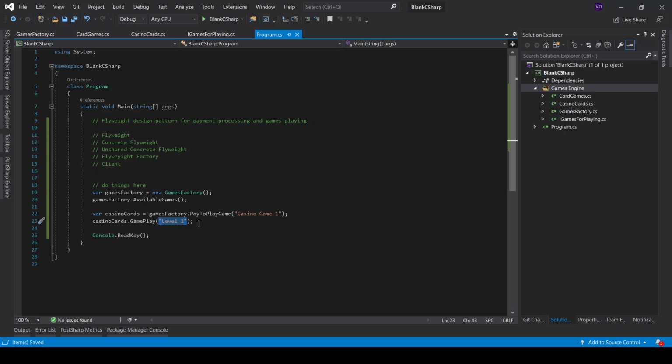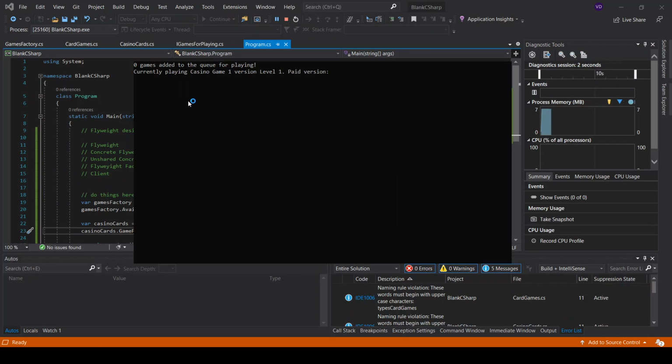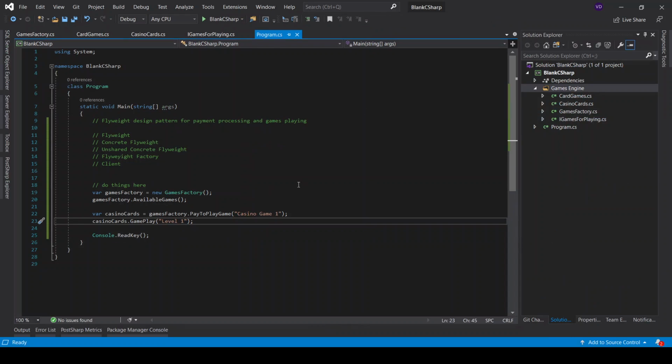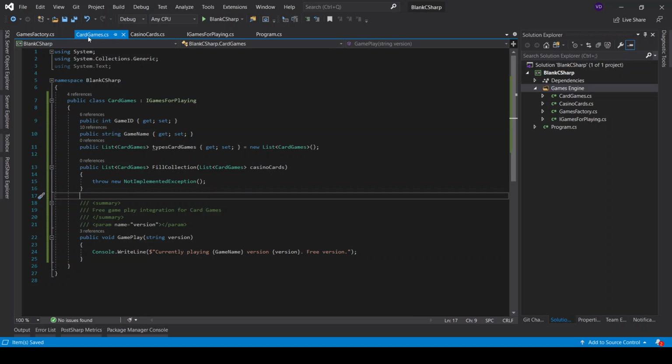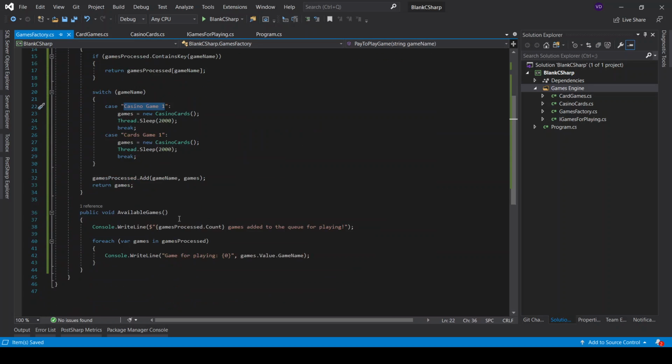Again, we do not have integration for this at this point, but you get the point on how this is really going to get done. Okay, so 0 games for playing, and currently playing Casino Game 1 version, level 1 paid version. Is it a paid version? We don't know that yet, because I do not have that implementation yet. So let's stop right here, and we need to integrate the payment